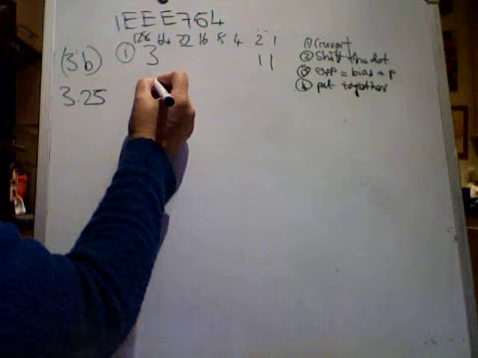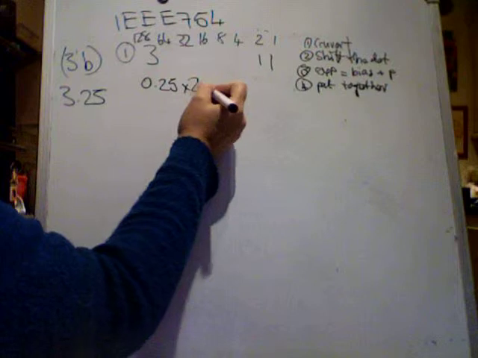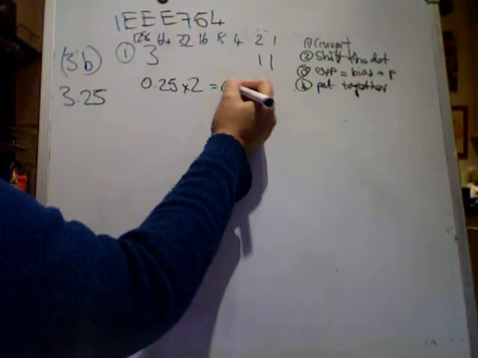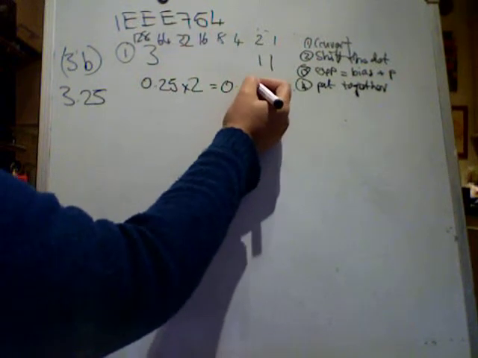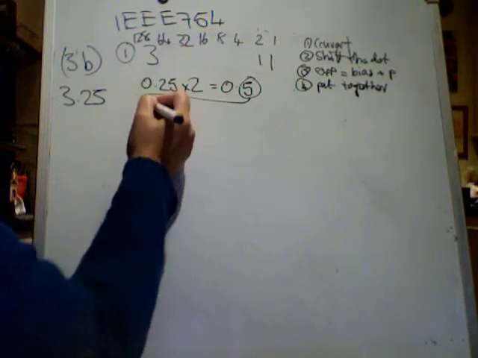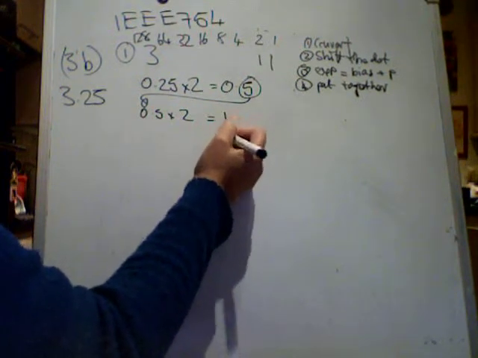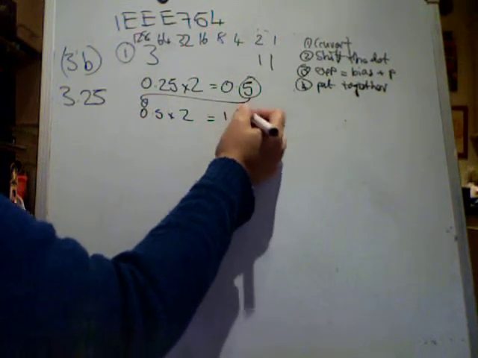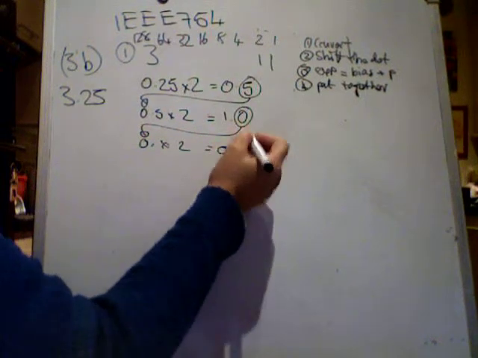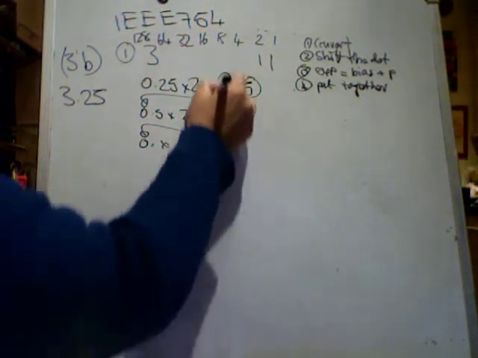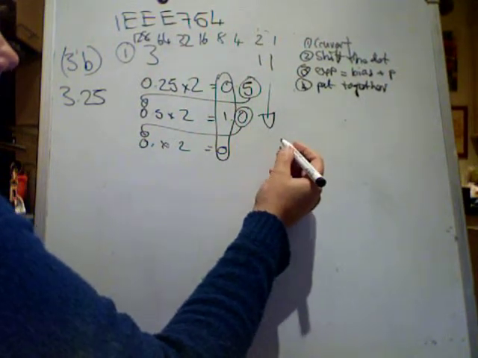Then we want to take our fraction bit, so our 0.25. The way I do it, 0.25 times 2 gives us 0.5. We're going to use these bits, but it's not 1, so we'll take this number and bring it over here. 0.5 times 2 is 1, so we've got 1 here. We'll take this 0 over here. 0 times 2 is 0. So we'll use these numbers, reading them in this direction. That gives us the number